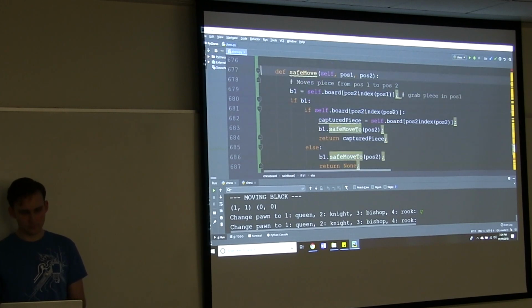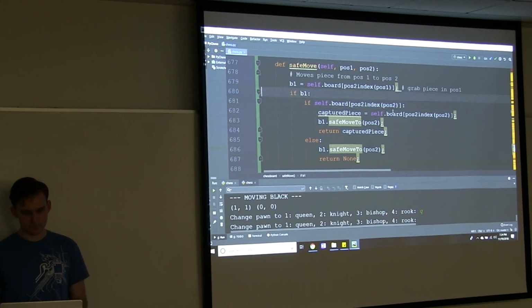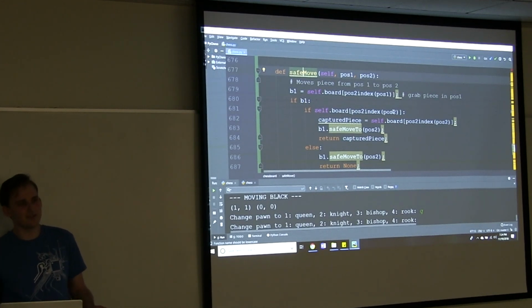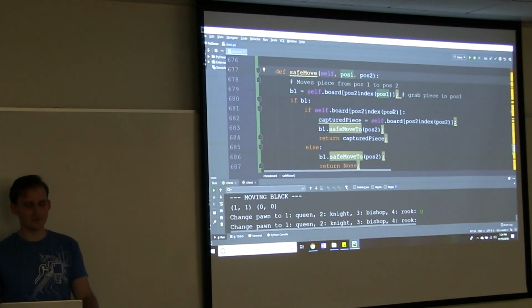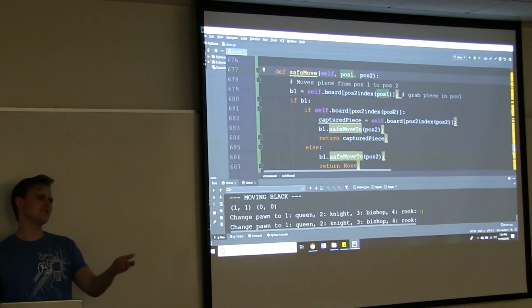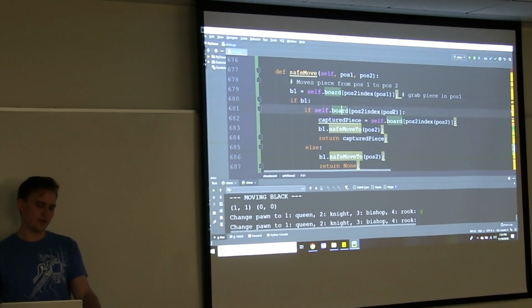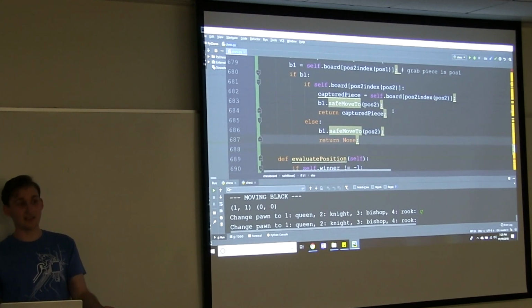What if B1 evaluates to false? What happens then? So really this check is kind of redundant. We should never be calling it an invalid piece. That's only going to happen if we're trying to move a blank square. So this is just trying to catch errors later on in the code, like some sort of assertion. Yeah, it's an assert in a way. Really though, if it were an assert, it should say something in the else, like you try to make an invalid move, which would be a reasonable thing to add.